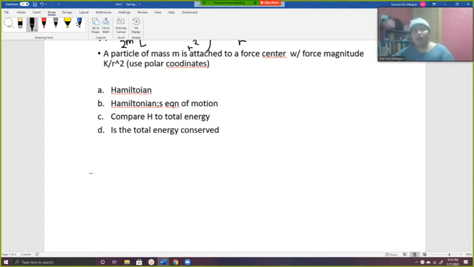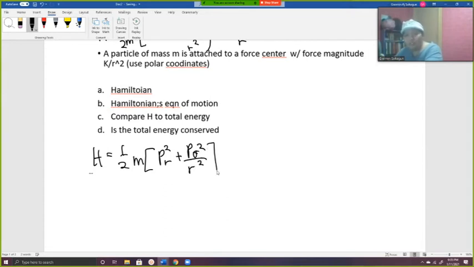Okay guys, let's try to solve the third problem of part 2 of the exam, which is to compare H to the total energy. So we have the answer from the first equation, which is H equals 1/2 m